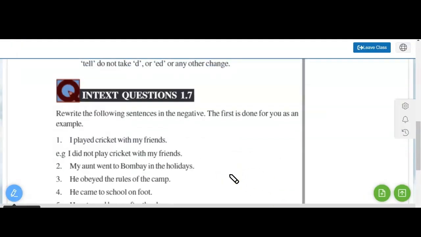Hello everyone, welcome to a new video of English. We were reading the chapter My First Steps. In that, today we will be seeing